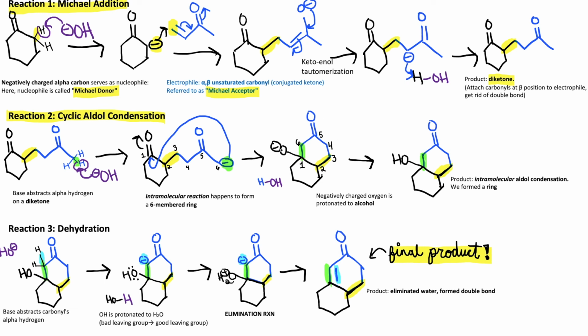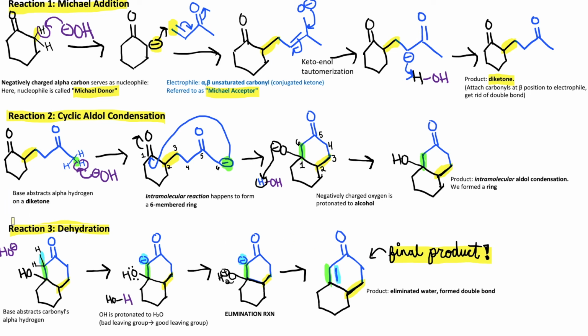So now this negatively charged oxygen can pick up a hydrogen from water, forming our product here, which is where we formed a ring. This new bond that was used to form a ring, I highlighted in green. So our final reaction of Robinson annulation is dehydration. So this is basically when we get rid of this alcohol here